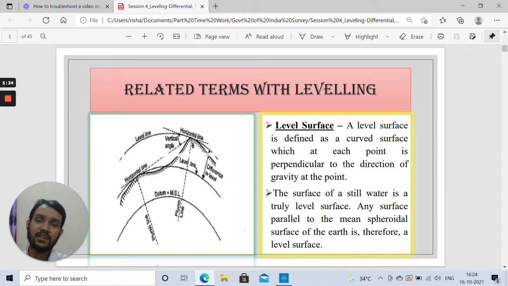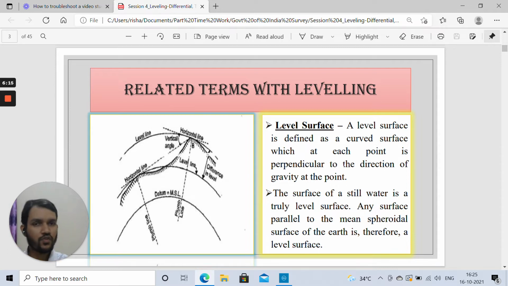But when these distances exceed around 15 km or 20 km for which the surveying work is being done, there occurs an error due to the curvature of the earth surface, because the exact level line which we are considering is parallel to the earth surface, that is curved in nature, and our line of sight through which we are looking is exactly horizontal. So if the earth surface starts falling, going downwards, whatever reading you will be looking at will be higher than what we should exactly be seeing. Okay, means we are seeing a higher reading, because that staff, if we are doing it with the help of a leveling staff, will be placed at a lower surface due to the curved surface of the earth.